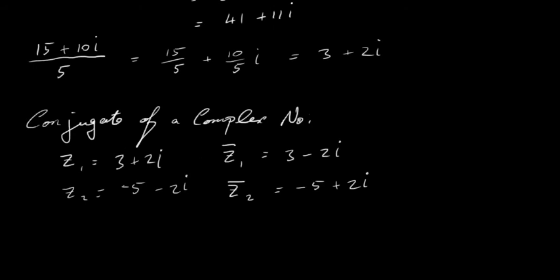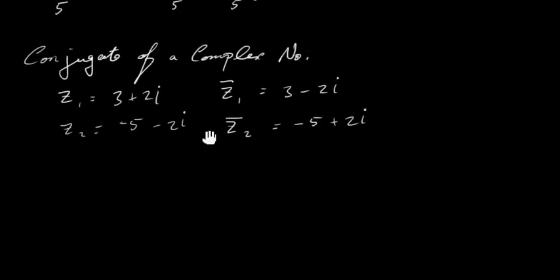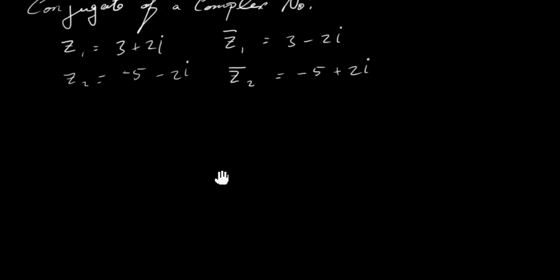Okay, so that's the conjugate of a complex number. We're going to use that when we divide complex numbers. So let's take a couple of complex numbers and divide them and see what happens. Let's say 5 minus 5i, and we're going to divide that by 2 plus i. So what you do here is you take the denominator, which is 2 plus i, you get the conjugate